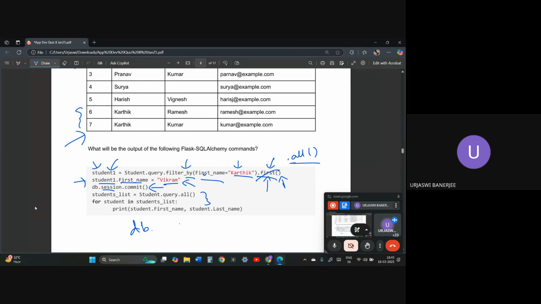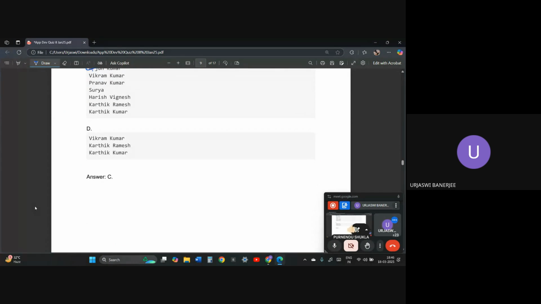Then student 2 equals student dot query dot filter by first name equals Karthik dot all, and print that. After db.session.commit, you do student dot query dot filter all, fetch by Vikram and print that, then fetch by Karthik and print that to get the last option.